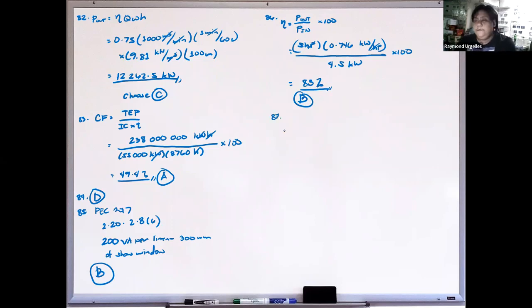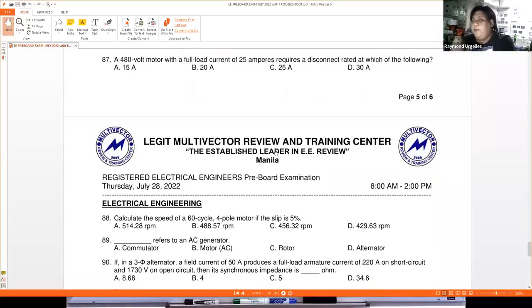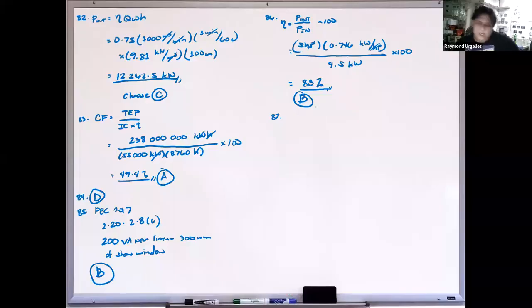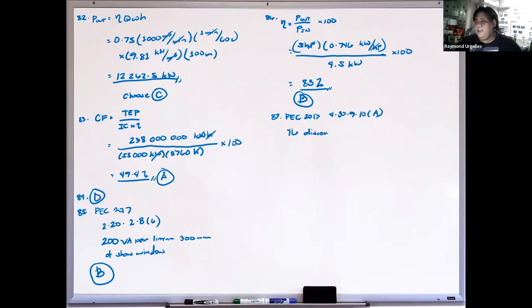Number 87. A 480 volt motor with a full load current of 25 amps requires a disconnect rated at which of the following? For number 87, we will use what is stated in PEC 2017, section 4.30.9.10A. What it says here is that disconnecting means